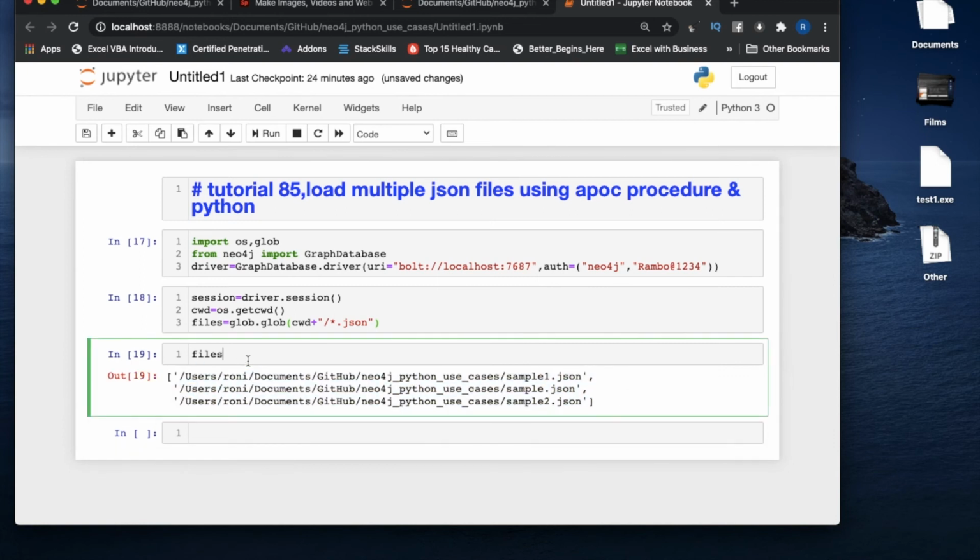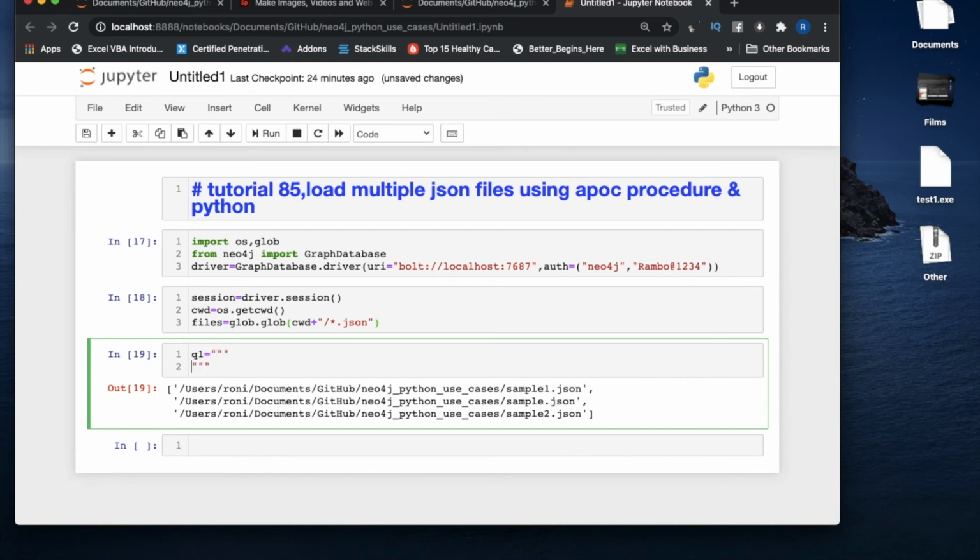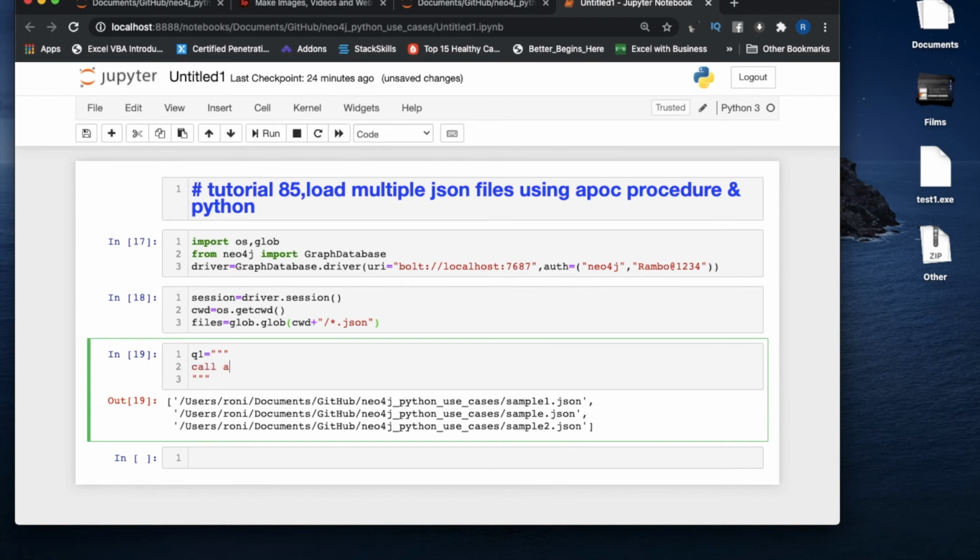Now the next thing is that I have to create the query. It should be like this. Call apoc.load.json, and after that the file path will be from here.